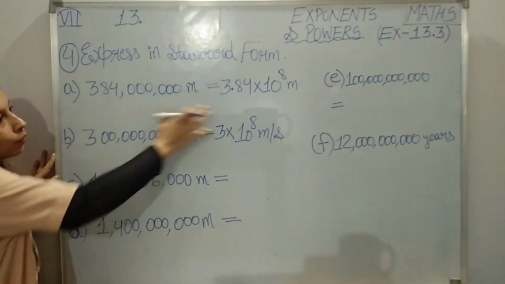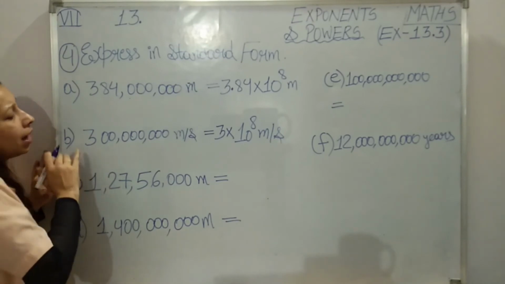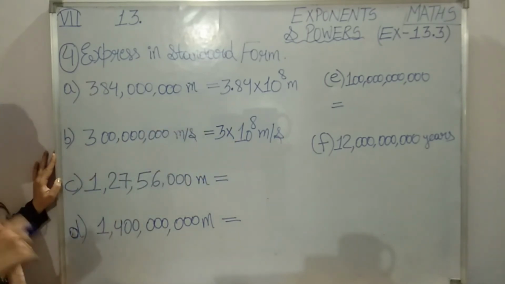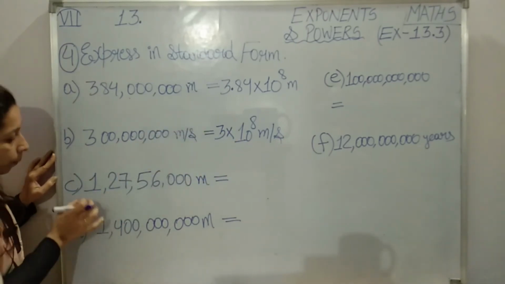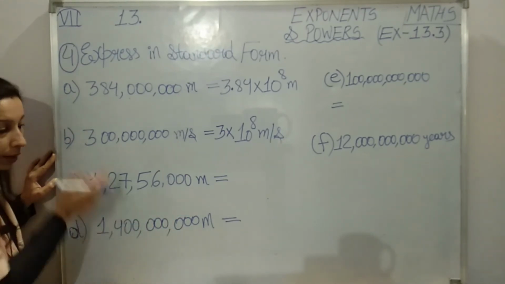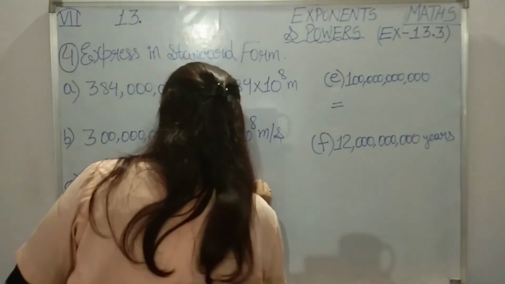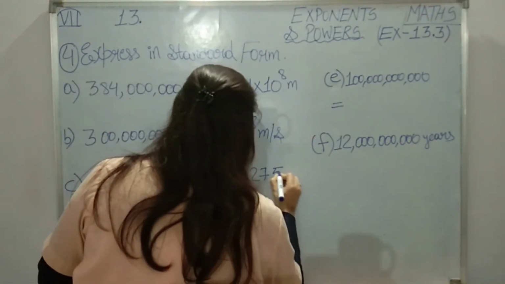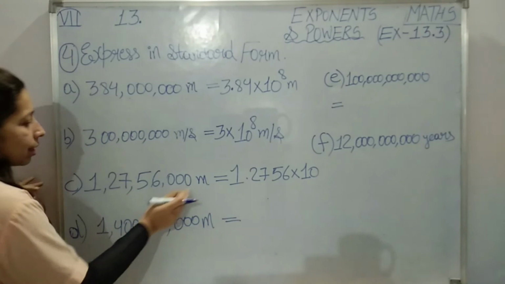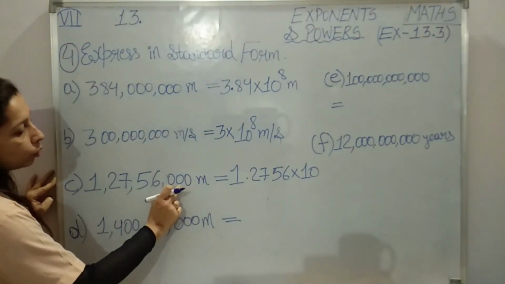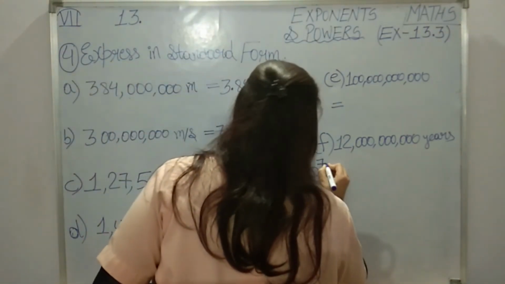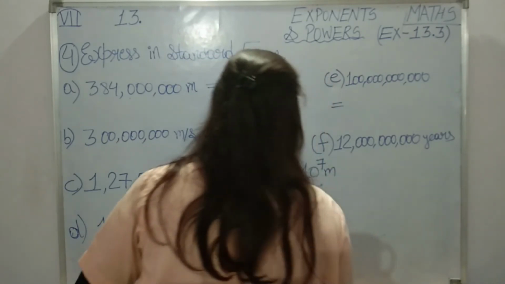Okay, so I hope the explanation is clear to you. Here the digits were there, so we have to take such steps, but here only the first digit is there and the other digits are simply 0, so we can express it directly as the power of 10. Okay, again the first digit is 1, then a few digits and then 0, so the decimal will come just after 1. So students, I am writing here 1 point, then the other digits 2 7 5 6, zeros we don't need to write, 10 raised to the power. Now let us assume that the point is at the end, so 1 2 3 4 5 6 7, the point will jump 7 places.